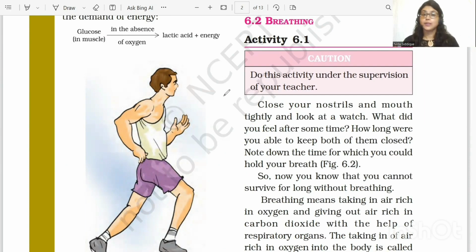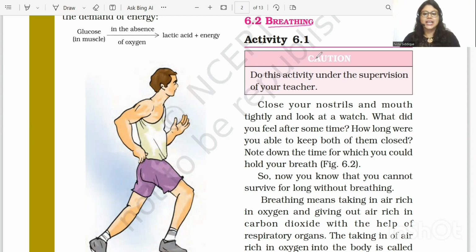So we have learned about respiration, कि respiration क्या होता है. So इस process में food is completely broken down and energy is released. Okay, and this is taking place in our cells, so we call it as cellular respiration. We have also learned that these are of two types. Respiration is of two types: aerobic, that takes place in the presence of oxygen, or anaerobic, that takes place in the absence of oxygen.